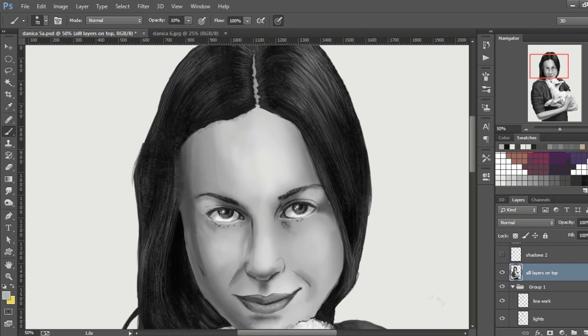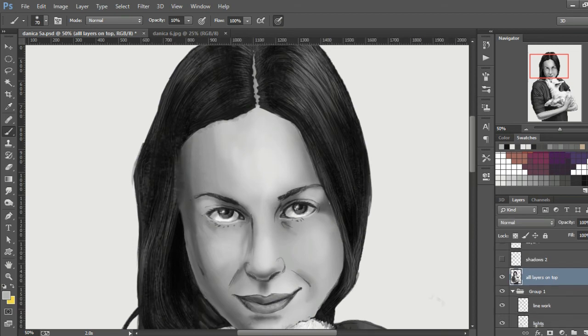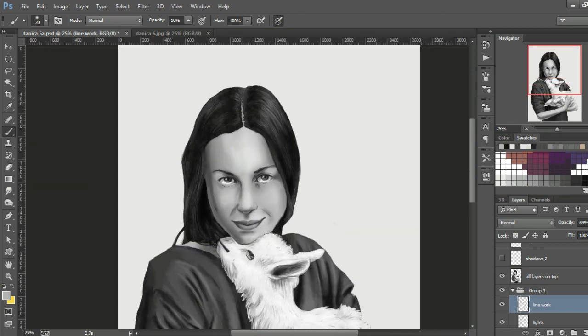And when you have that layer, we can, like you see, I added some changes to the eyes, and I also lowered the line work from 100 to some 69% or something like that, so it wouldn't be that visible. Also, I've seen that the eyes were not so great, so I changed them. Next up, we have the shadows.